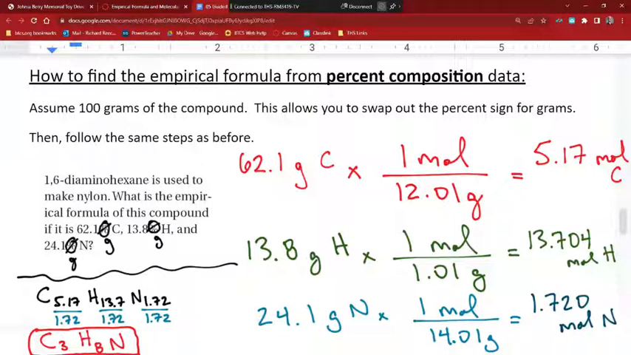So there's a lot of steps there, but let's just review. If you have percent signs, just change them to grams. And then you're going to convert to moles. Use those numbers of moles as your subscripts. And then to get it to a whole number, you'll probably need to divide by the smallest number. And that'll give you a simple whole number ratio. All right, so that's how you find an empirical formula for mass data if it's grams, or percent data if